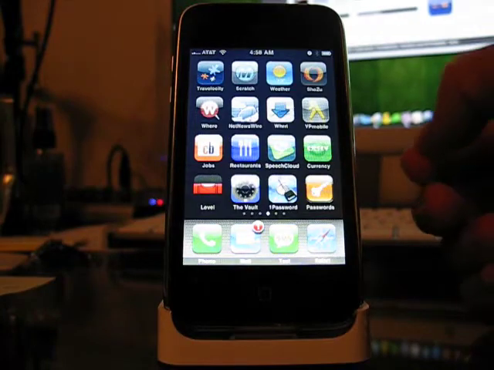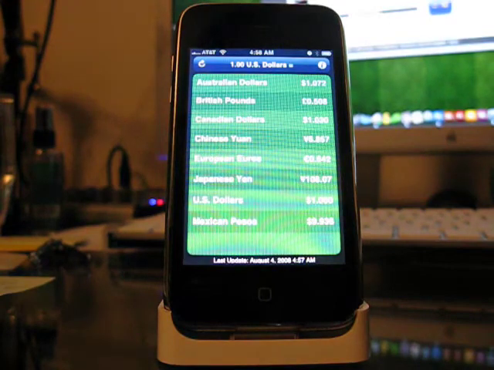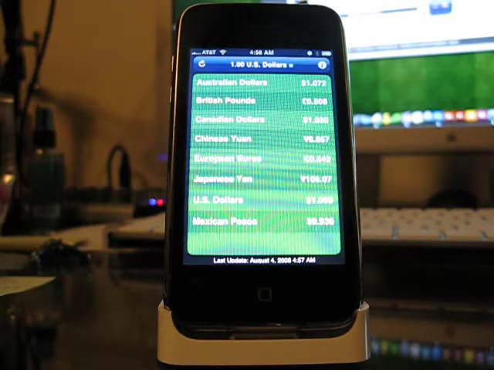Today we're going to take a look at an app called Currency. Currency is an up-to-date exchange rate application that lets you figure out what the dollar is worth compared to other places in the world. The reason I actually downloaded this is my wife and I were in Mexico on vacation for a week,